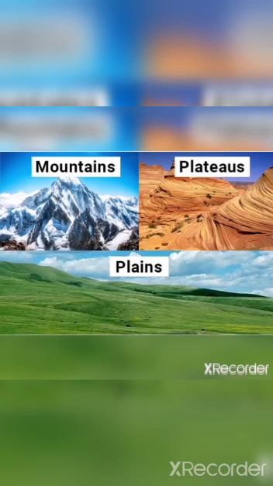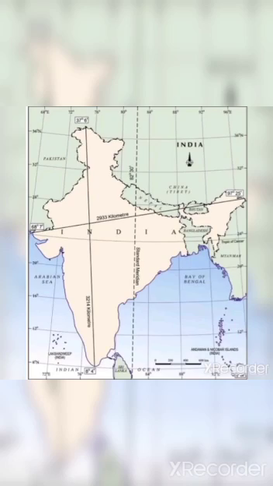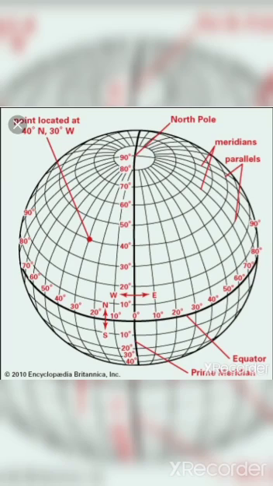Before entering into the lesson, let us know about the location of our country. Generally, how do we locate a country or a place? You might have studied about this in the previous classes. We have two imaginary lines called latitudes and longitudes. The lines which are running horizontally are called latitudes and the lines which are running vertically are called longitudes. By checking these lines, we can locate any particular country or a place.